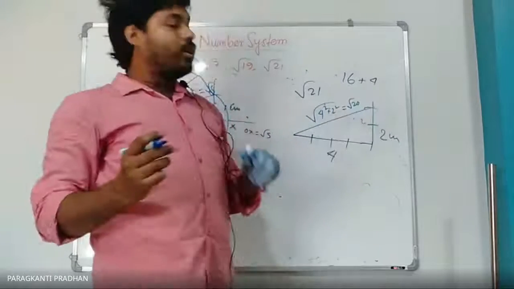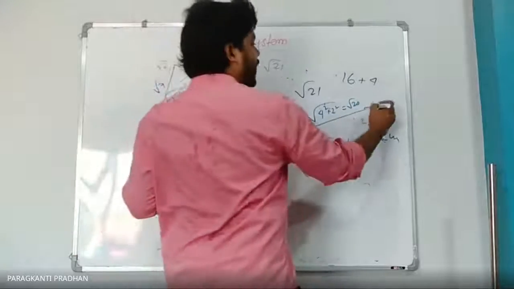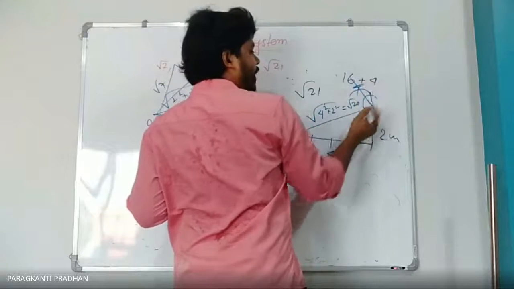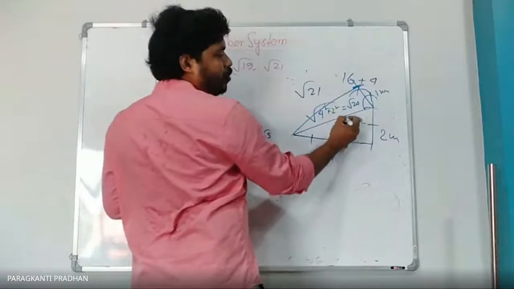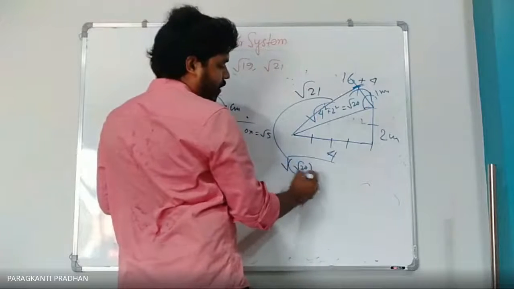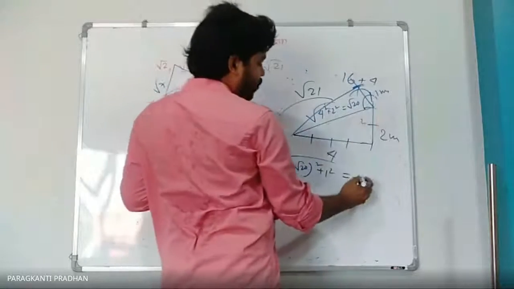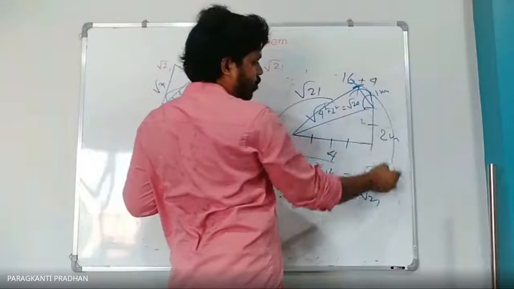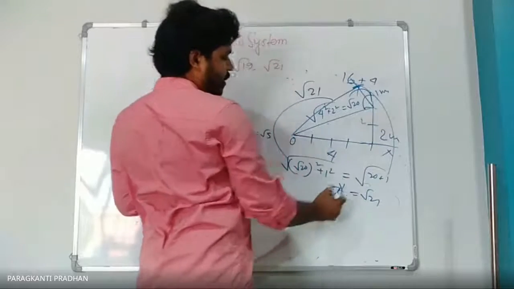So see, no need to write from the last, directly you got root under 20. Then from here draw a 90-degree again, just one time, and this will be 1 unit. After joining, this length is root 20 and this value will be root under root 20 square plus 1 square, so root 21. And finally you have to draw the curve and write OX, and OX is equal to root 21.